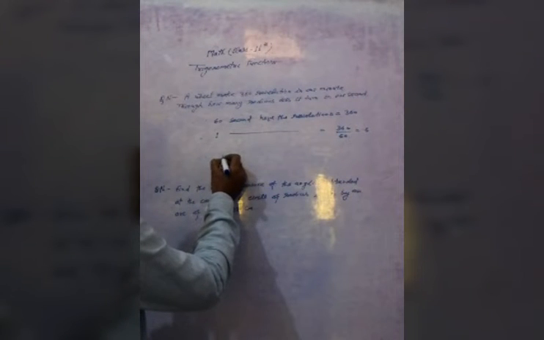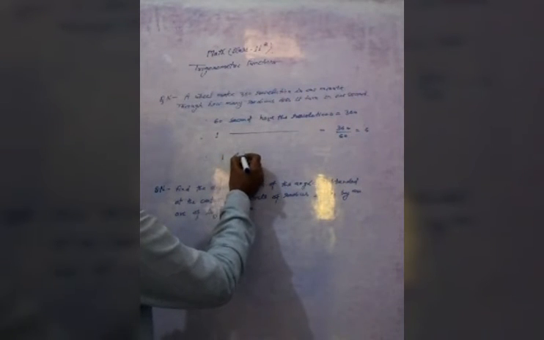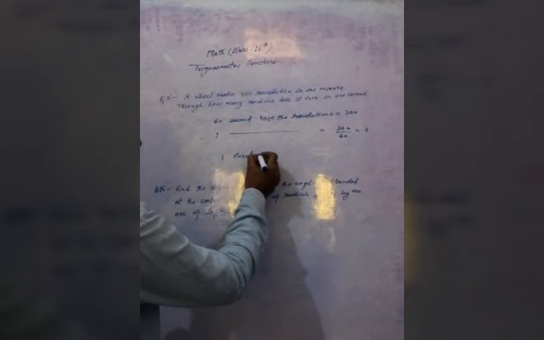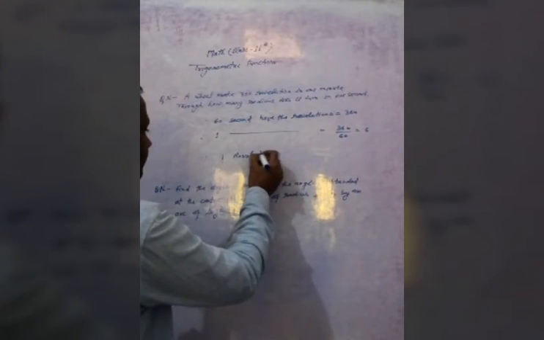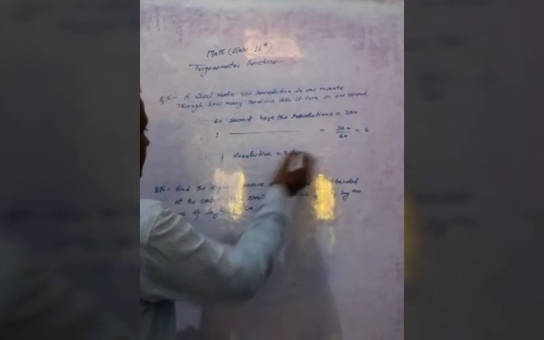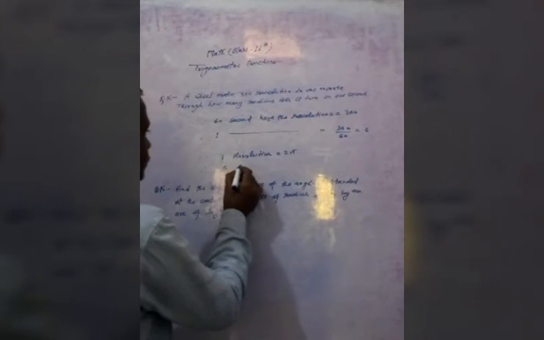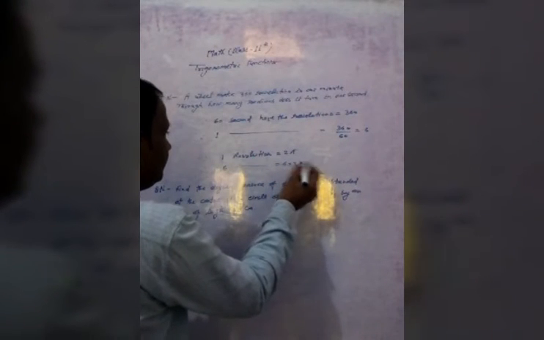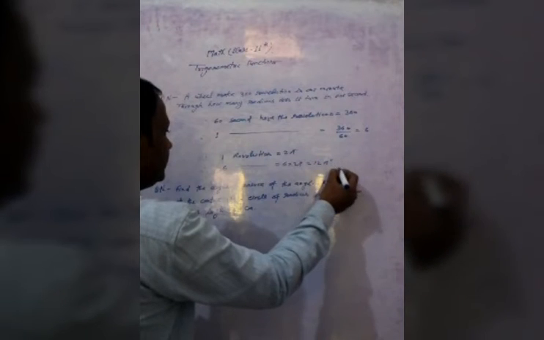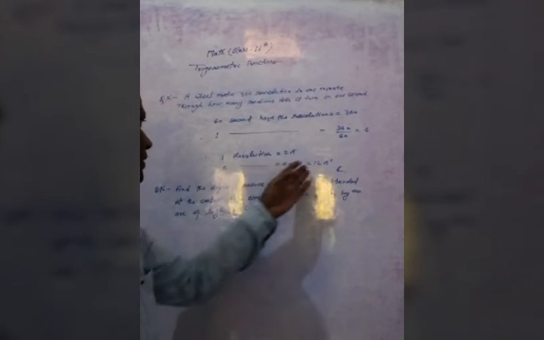Since 1 revolution is equal to 2 pi in radian, and 6 revolutions is equal to 6 into 2 pi is equal to 12 pi radian. This is the answer in radian, the revolution in 1 second. तो इस तरह से 12 पाई रेडियन का रिवोल्यूशन 1 सेकंड में उस पहिए के द्वारा हो जाता है। तो ये इस क्वेश्चन का आंसर है।